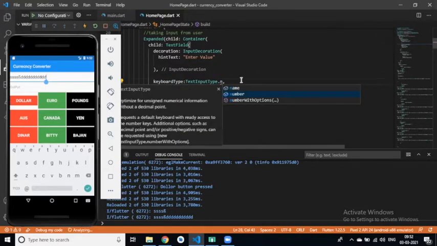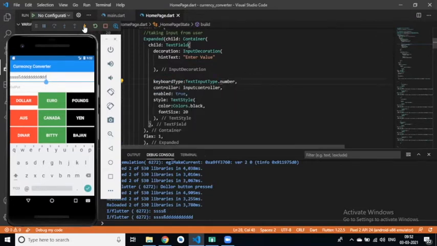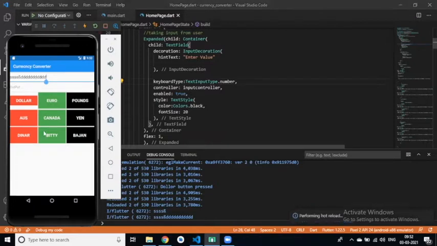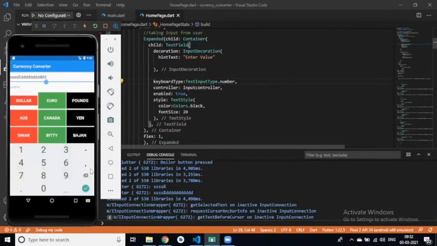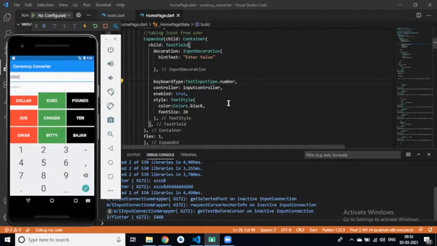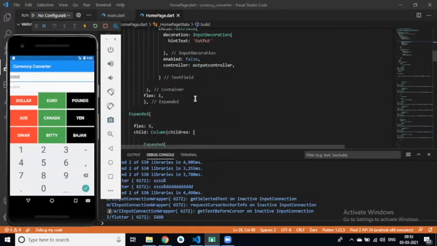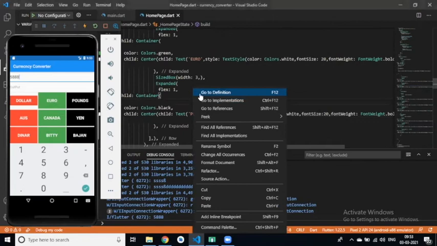Instead of email address, we need to give number. Right? So if I click on this, only the number keyboard shows, right? Understand? So if I enter this and click on dollar, what will be the output now? 5888. Yes, but there's a problem with this.